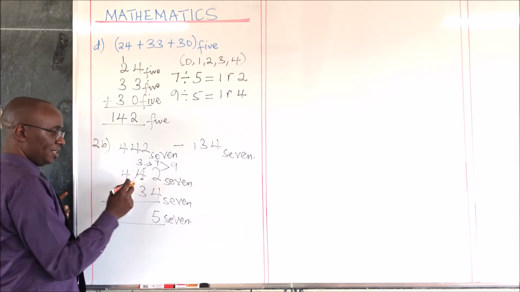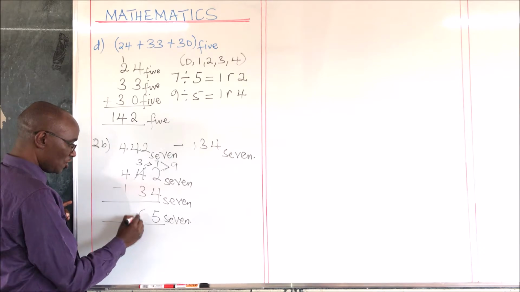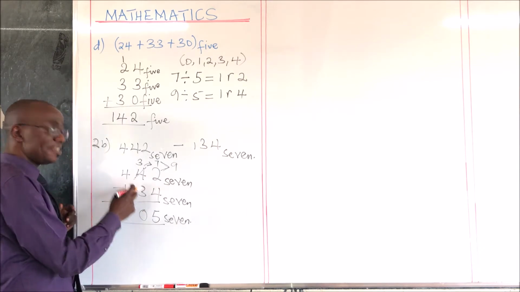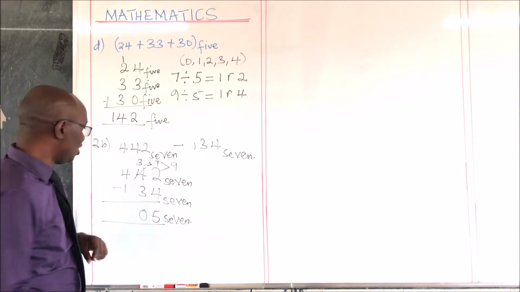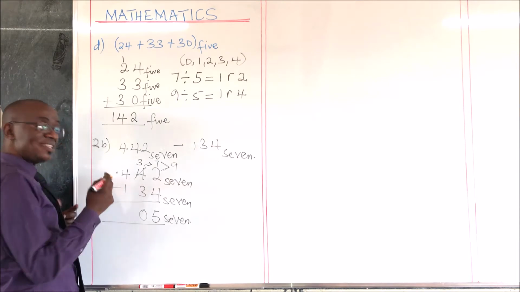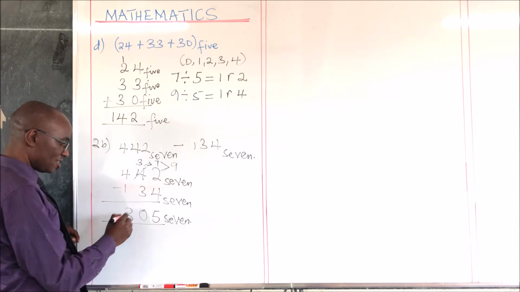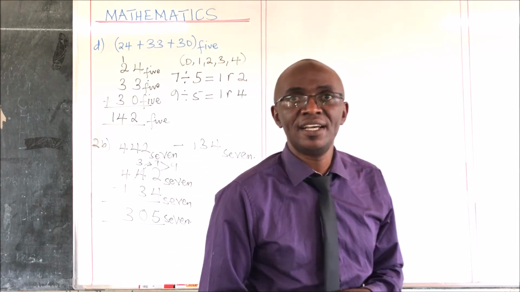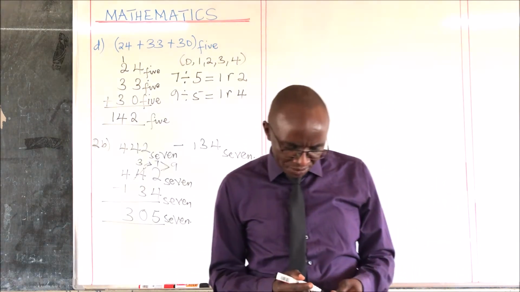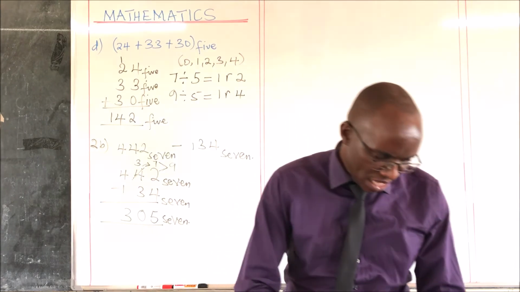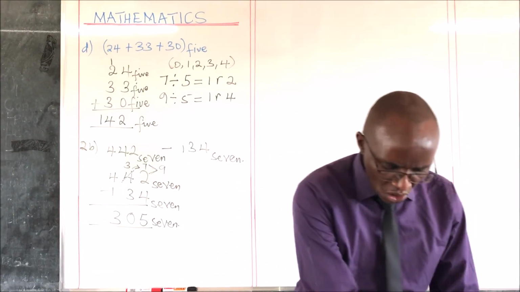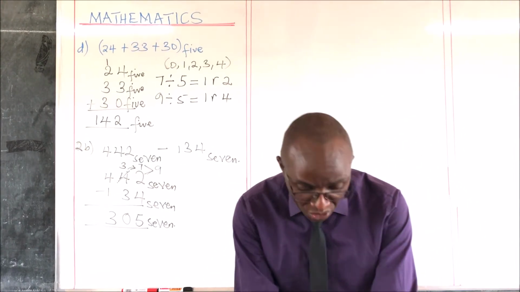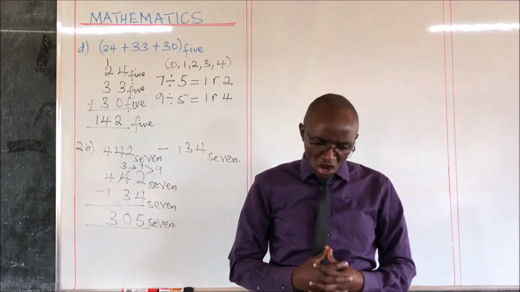We continue. 3 minus 3, that is possible. You get 0. You have got 3 sevens minus 3 sevens. You get 0. So 4 sevens minus 1 seven, you remain with 3 sevens. So the final answer is 305. Now, I'm going to take you to the new lesson of today, which is going to be multiplication of